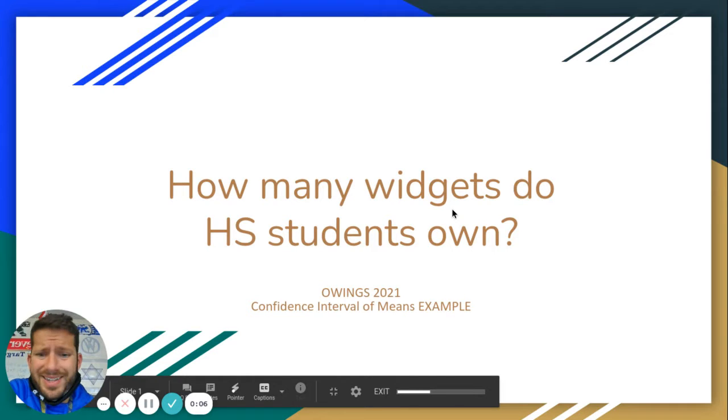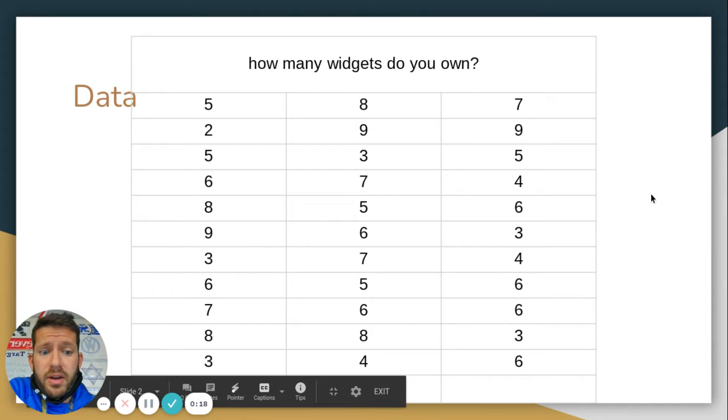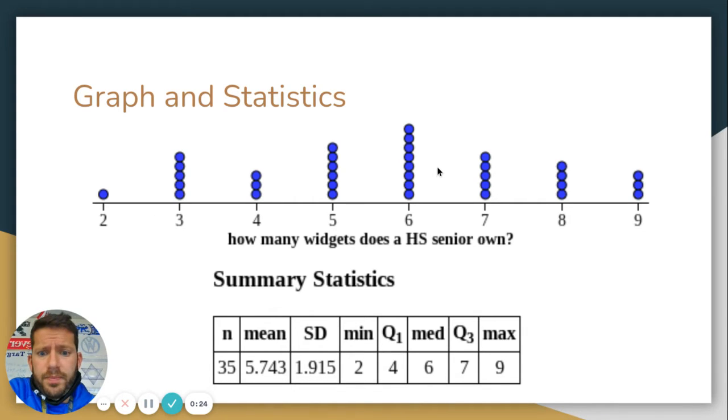Hello, this is my confidence interval for means presentation. I wanted to find out how many widgets high school students own. So I put a Google form out on social media and got all of this data. And I put it into Statlet.com, in one quantitative variable, and got my dot plot here and my summary